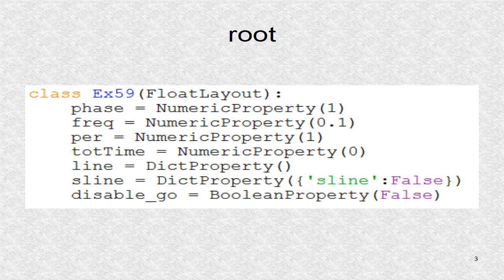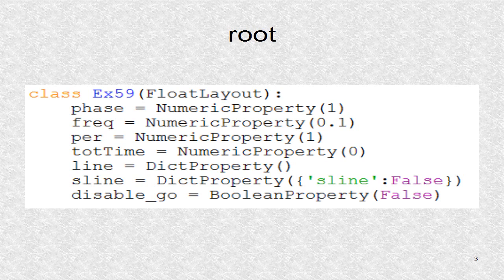The first three values, phase, frequency and period, are used in plotting the sine graph. The parameter phase is the initial phase of the sine curve. It will be a value between 0 and 359. The parameter freq is the frequency of the sine wave. While the frequency could be any number, and for audio it is between 20 Hz and 20,000 Hz, for the program we limit the frequencies from 0.1 Hz to 1 Hz, so the drawings can be followed